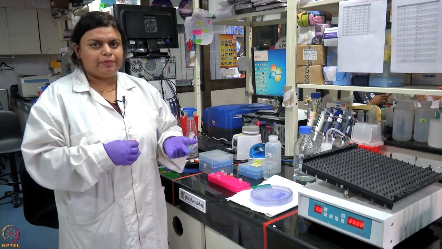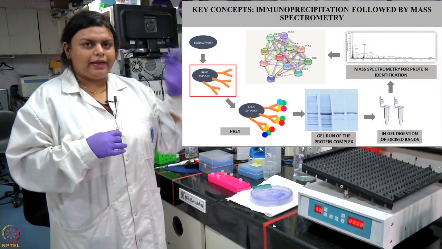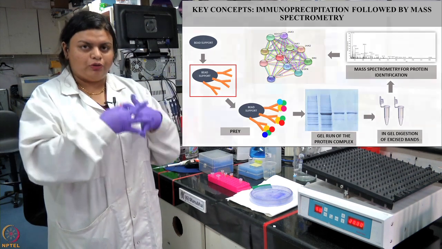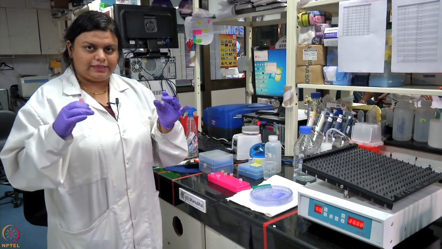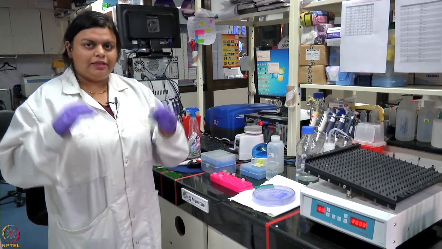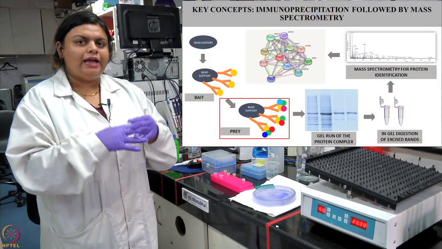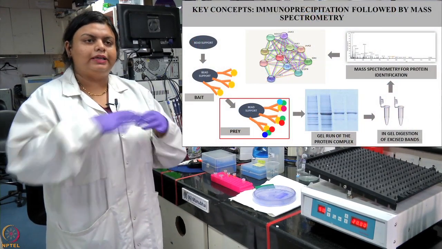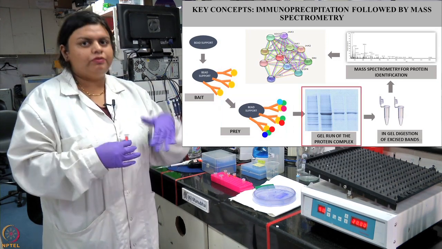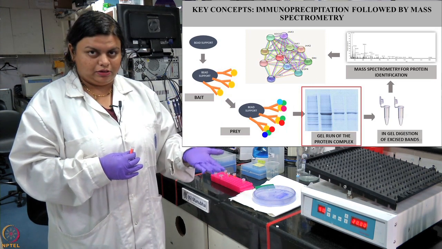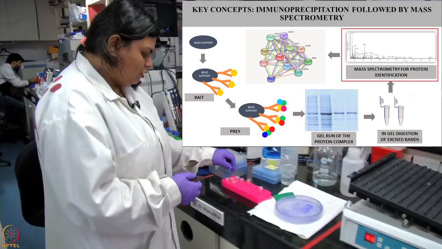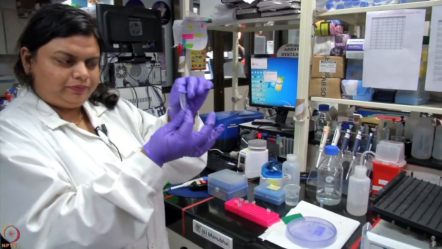And then the last step is using the antibody and bead conjugation mixture, where the antibody is already bound to the bead, and using this pre-cleared lysate, which is clear of all the noise or background proteins, we will incubate overnight. This is the way we will get all the interacting partners together in a big complex, which we will subsequently run in an SDS gel, and then do the gel excision followed by mass spectrometry.